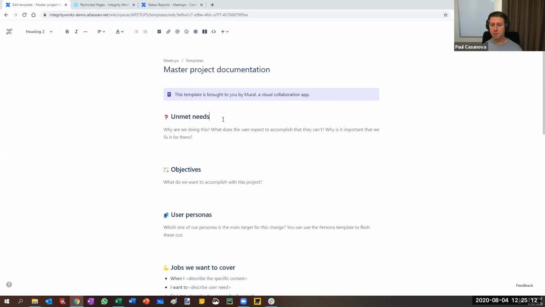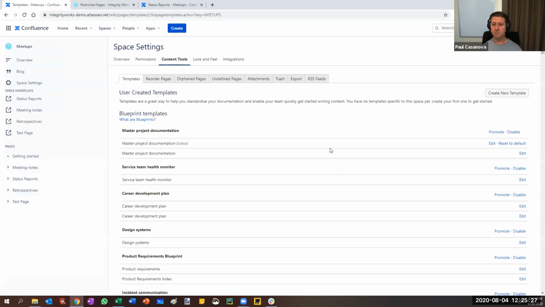Okay, so unmet needs. So we're editing one of the blueprint templates now. Okay, so unmet needs, I'll just put in here edited, and I'll click on save. So now we can see we've got two versions of our blueprint. There's one here, master project documentation, which has the same name, which is a bit weird. Now, if I